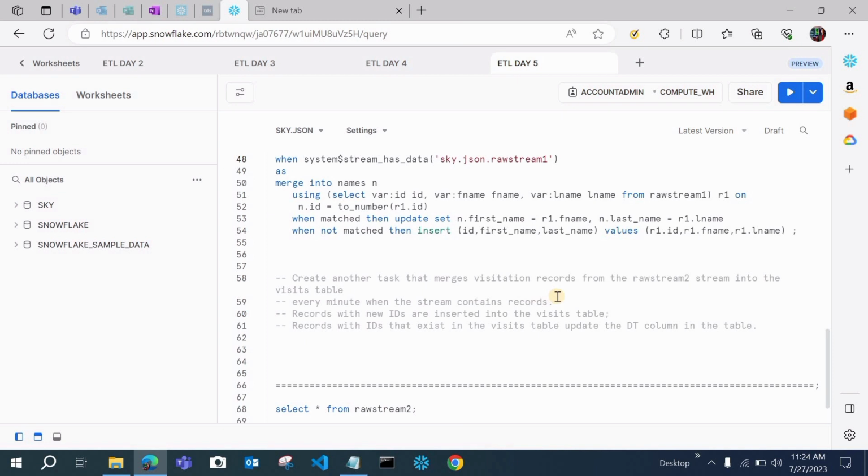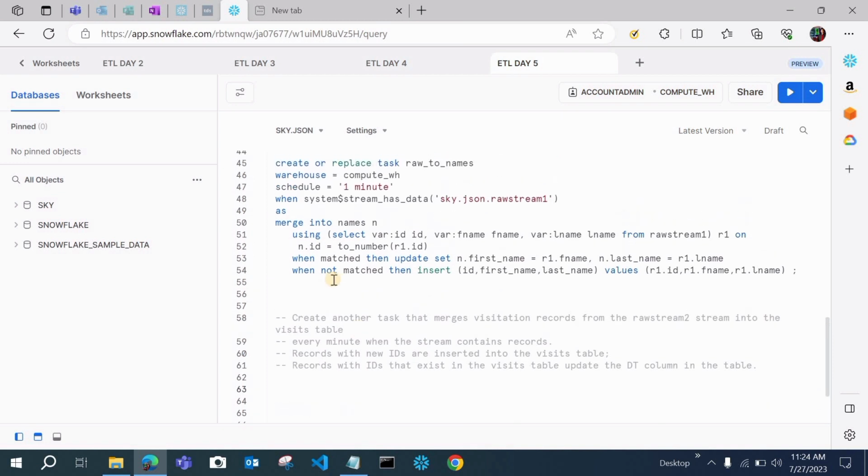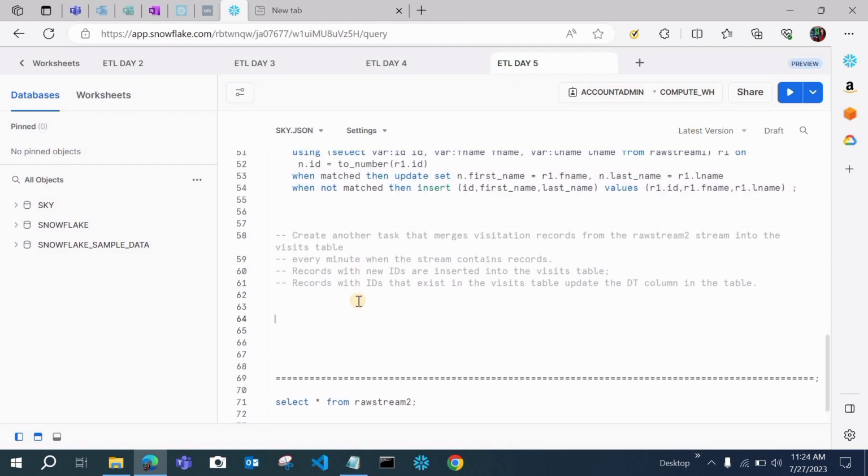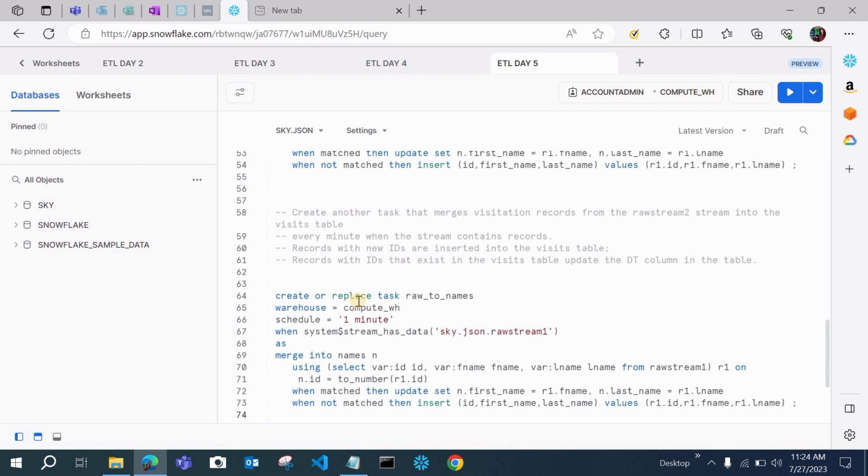Every minute when a stream contains records, this task will run, and records with new IDs are inserted into the widgets table, and records with IDs that exist in the widgets table will just update that data. So let's create the task for this as well. Let's copy this and paste it here for creating another task instead of writing again and again. So this is raw to widgets ts,